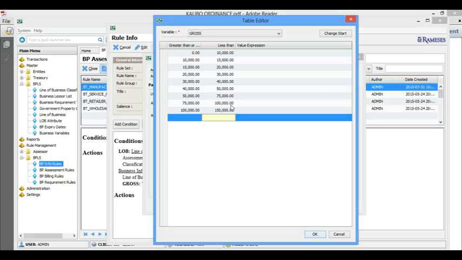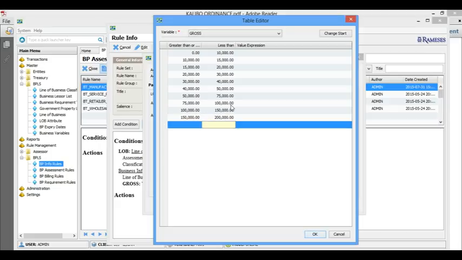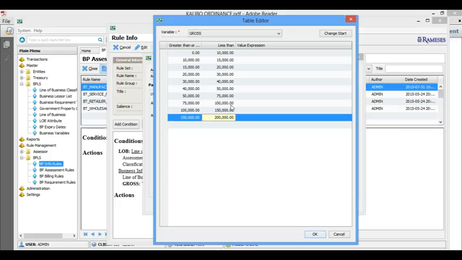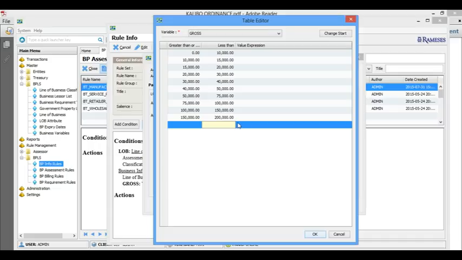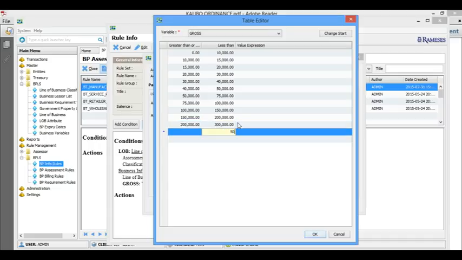Okay, then 200. Okay, if you make a mistake, for example here, I make a mistake, 300,000, and it lacks the 500. What you need to do is click on the delete button on the upper right, so that it will not register. Okay, so type in here again 200,000. Okay, then 300,000, then 500,000,